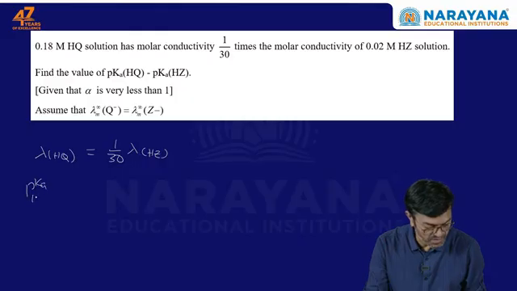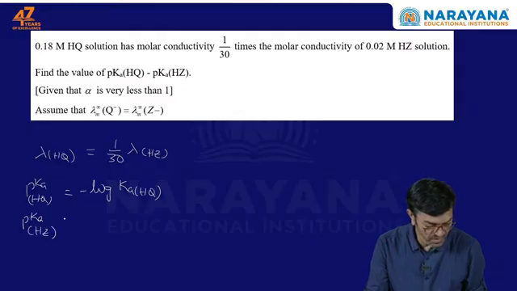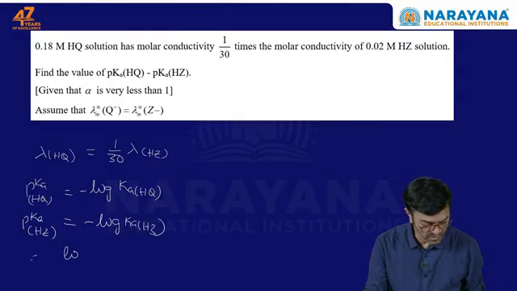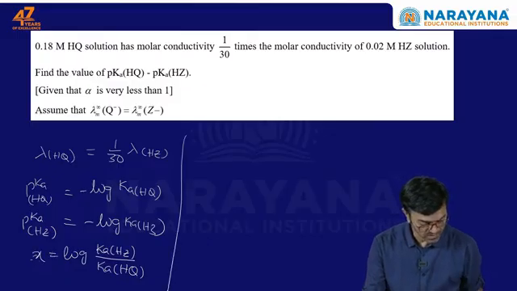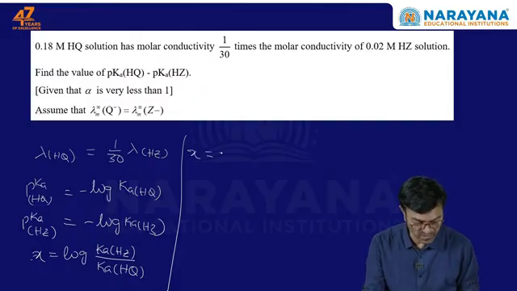So pKa of HQ is minus log Ka of HQ, and pKa of HZ is again minus log Ka of HZ. When you subtract them, it becomes log of Ka of HZ by Ka of HQ. Let this value be some x. So x is equal to, we all know Ka is equal to C alpha square, so log of